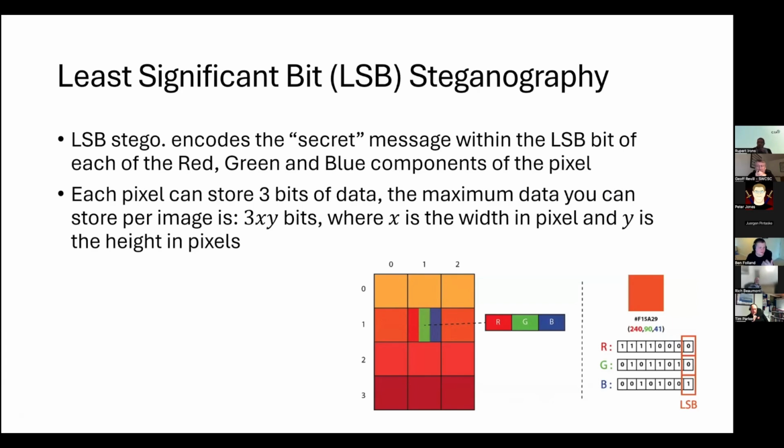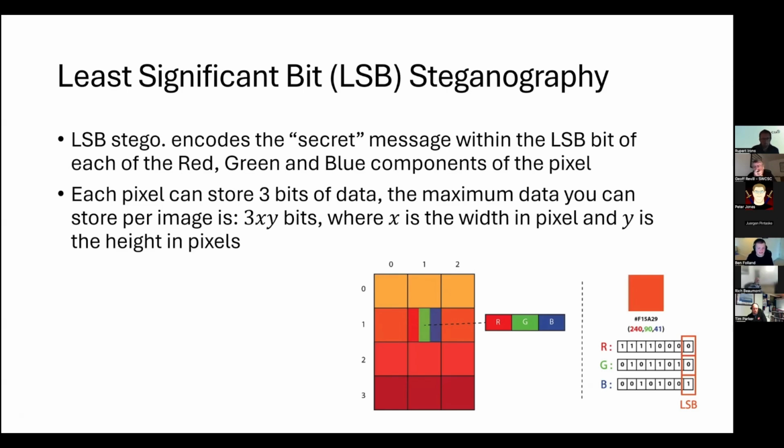You will notice a pixel has a finite number of bits. For each pixel, you can encode 3 bits of data, one for each of the RGB components. So let's say the image is X pixels wide and Y pixels high. There is a maximum amount of data you can encode using this method, and that's just 3xy. So using this concept,